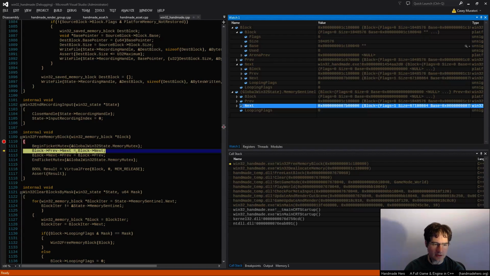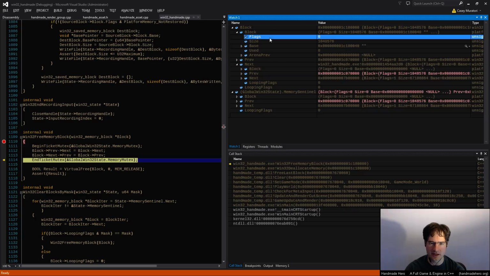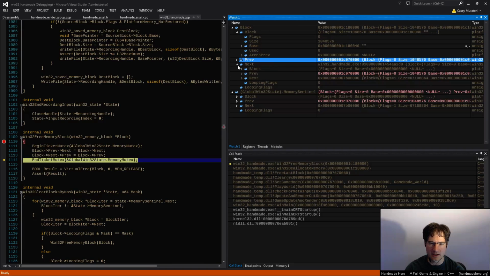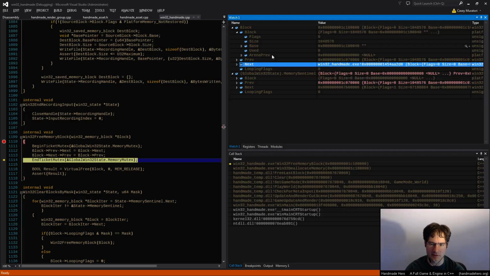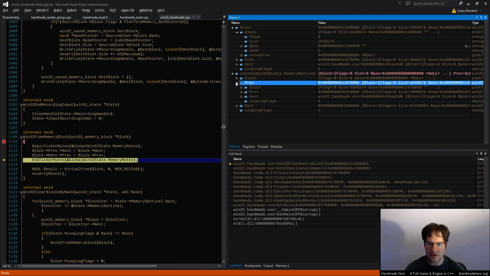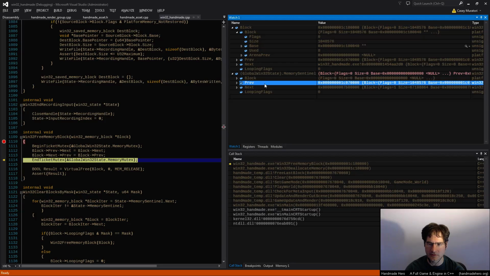All right, so here we're going to unlink. We have now unlinked our memory block. So now our block's next and previous pointers, the blocks before and after it, are no longer pointing to this block. And in theory, that's okay. We should still be able to have it so that the memory sentinel,